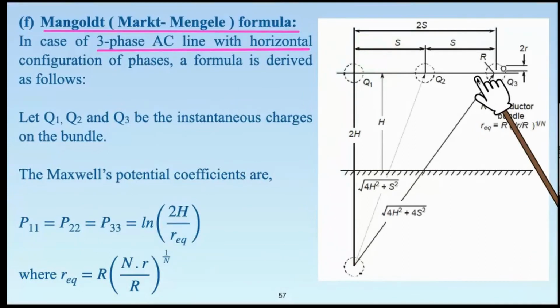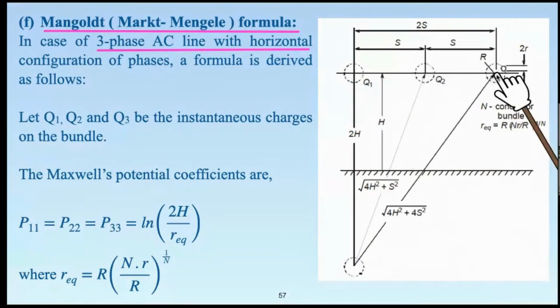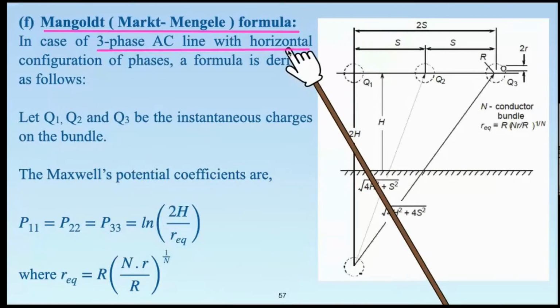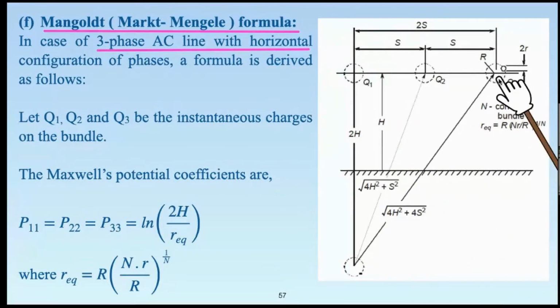And while they're hanging, they will be horizontally placed with respect to each other. They are along a horizontal configuration. That is the very commonly used configuration as far as three-phase lines are concerned. Okay. So while these three phases are in horizontal configuration, please focus your attention that not only is it a three-phase configuration, but imagine that each of the phases will also have subconductors, maybe n equal to 2, n equal to 3, n equal to 4, that we have just now seen.